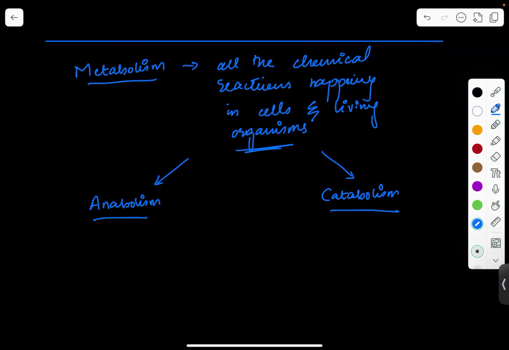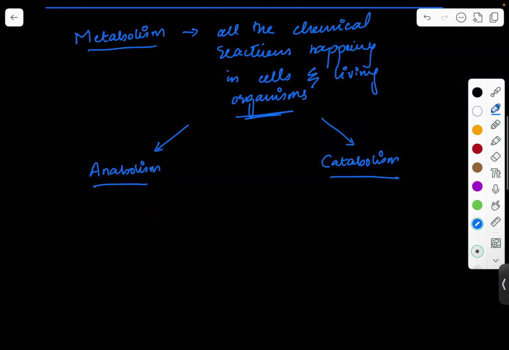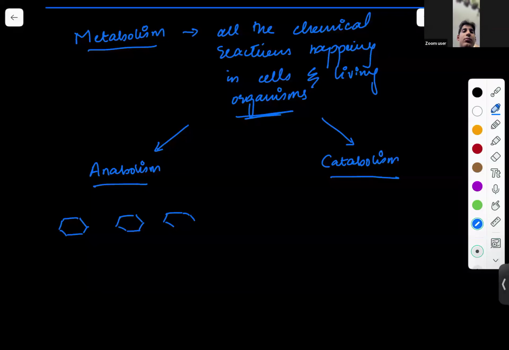So anabolism and catabolism, right? What is anabolism? Now, keep in mind, these are things you need to know for your AS level. What metabolism is, what anabolism is, what catabolism is. And you'll see as we go on in the syllabus or in the course why they're so fundamental to understand. Because what I'm trying to do is create this map in your minds, which is anabolism is what? It's when small molecules. So this is just a molecule I'm drawing. It's nothing complex. When small molecules, they come,